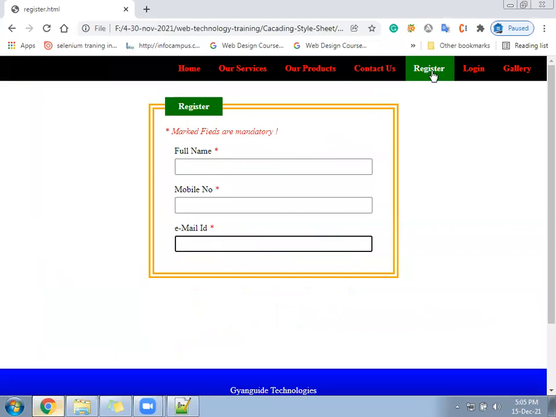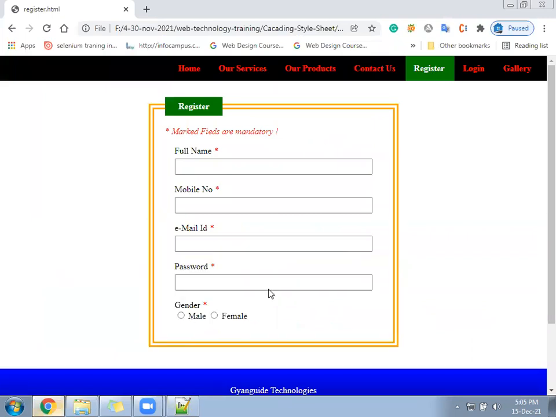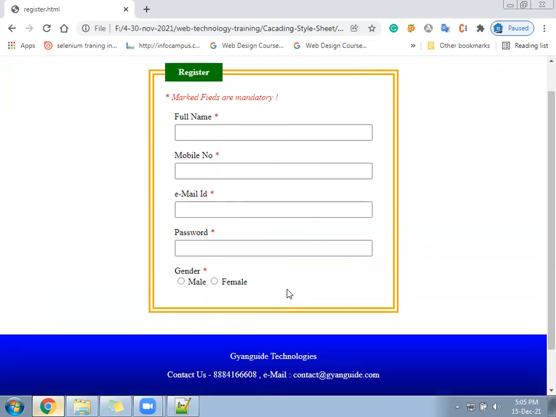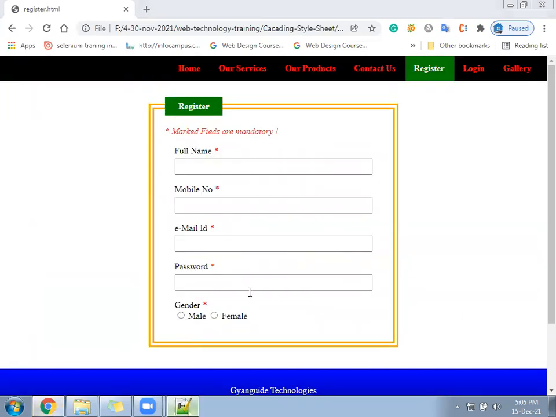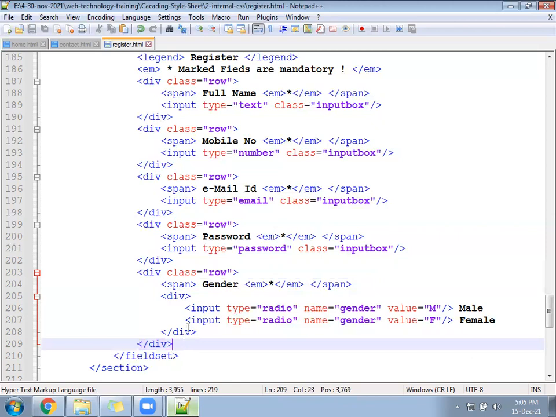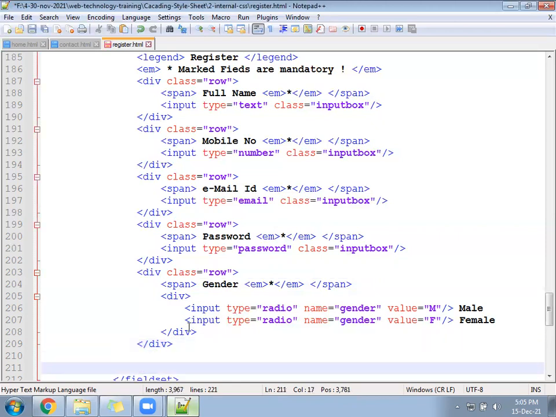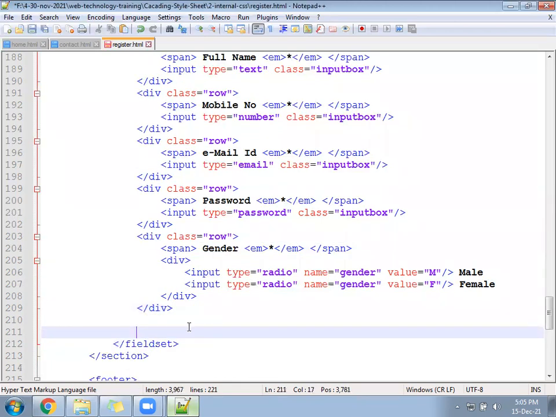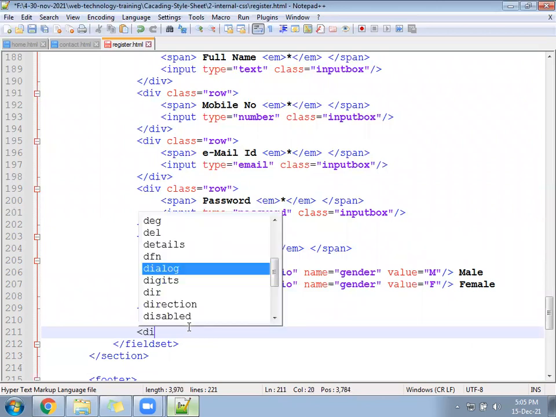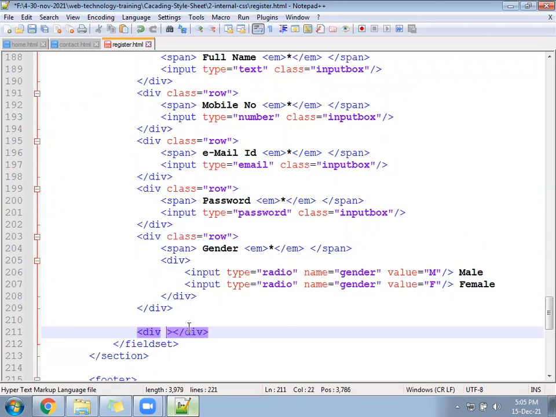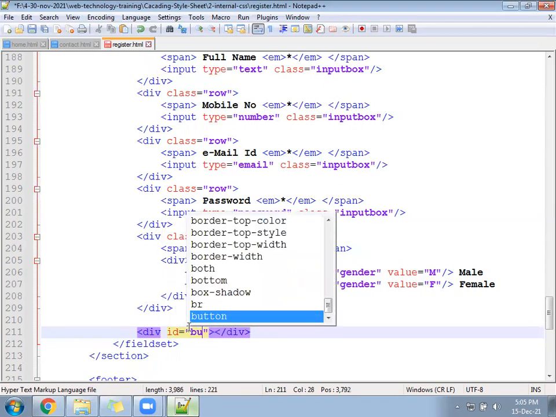Save the file. See like this. In the last, create a button called register. Create a similar div and write, class not required here, id equal to button area,